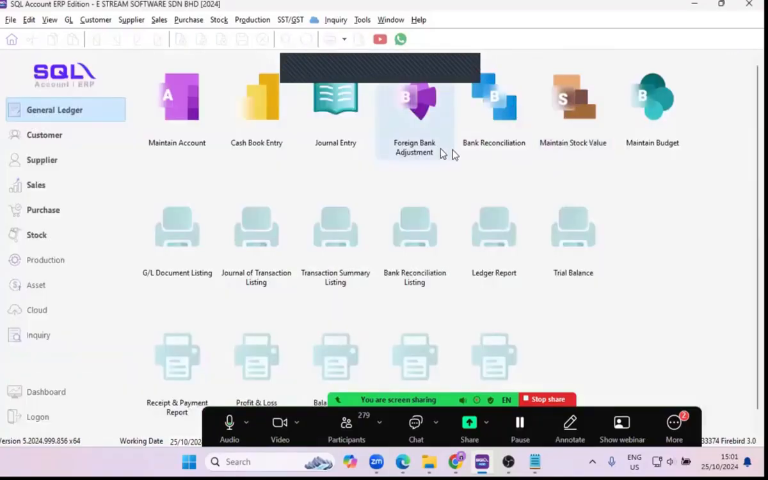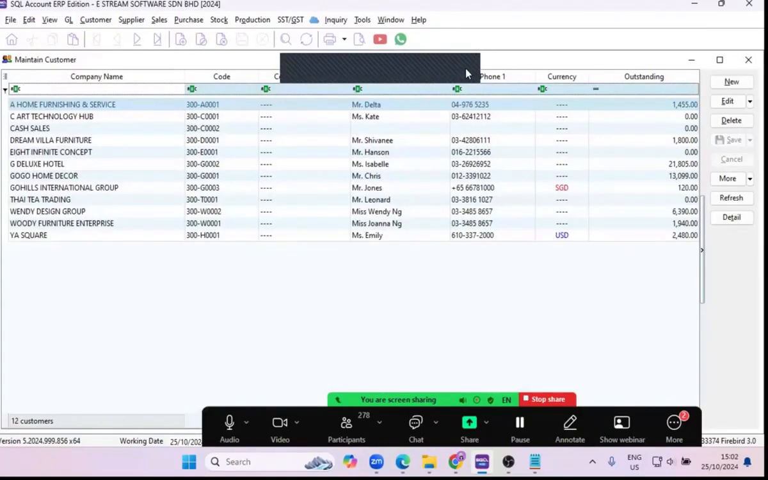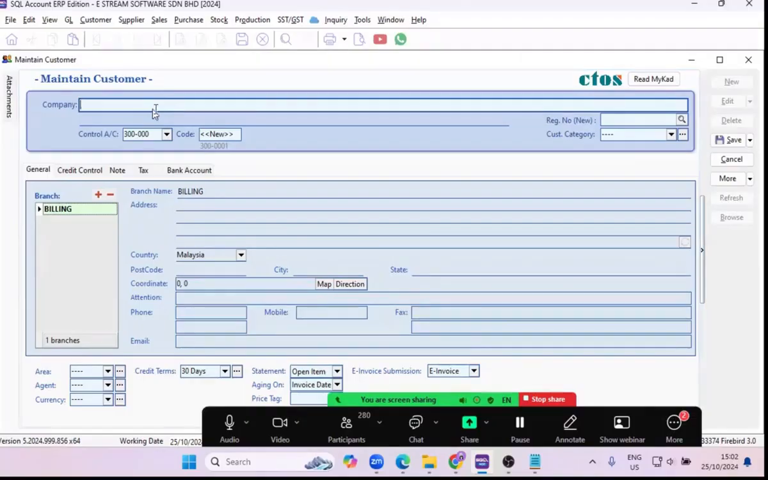All right, so we move on to maintain customer. Click on it. Okay, we can create a new customer. For example, the company name can be